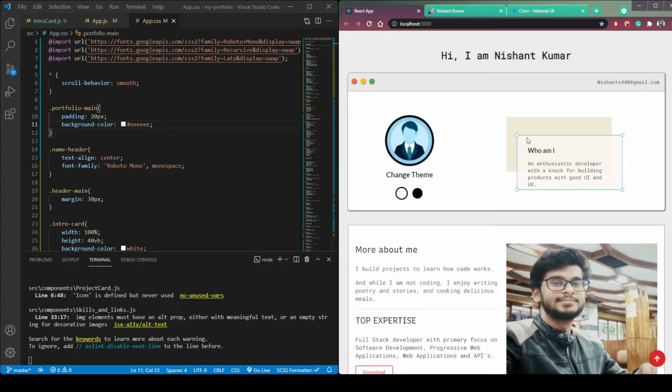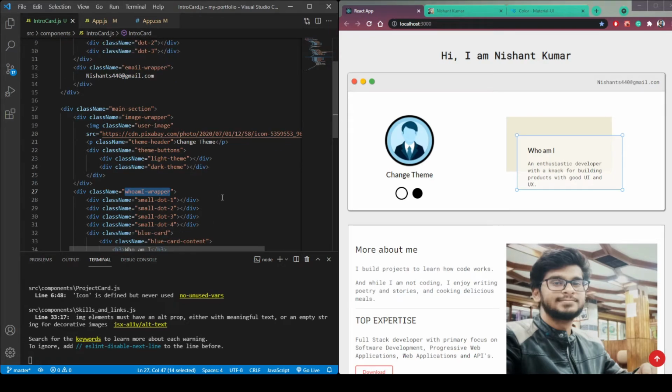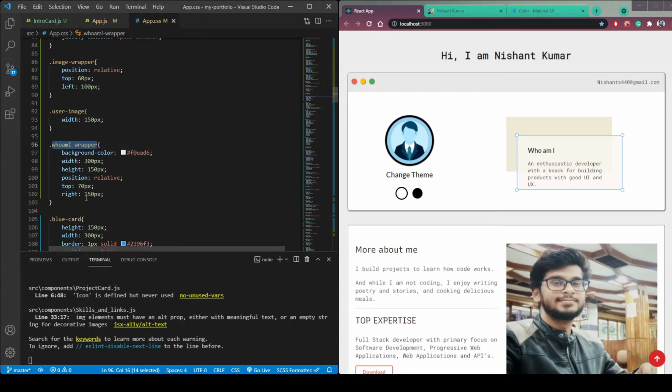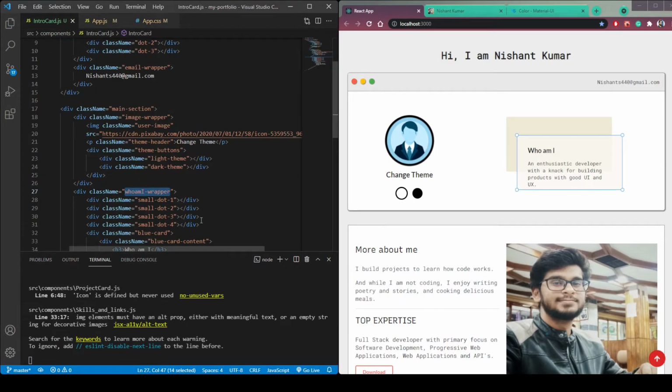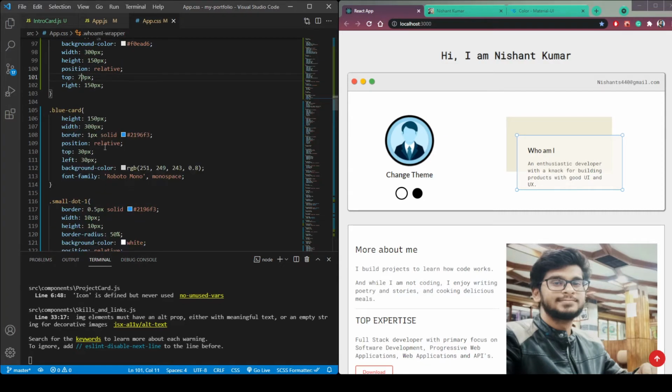Let's decrease this top margin from this whoami card. So in this intro card, let's check the class name. So whoami wrapper, search in app.css, go here and let's use top as, let's try 40. Okay, now then let's use, in the blue card content or in the blue card, remove the top as 30.